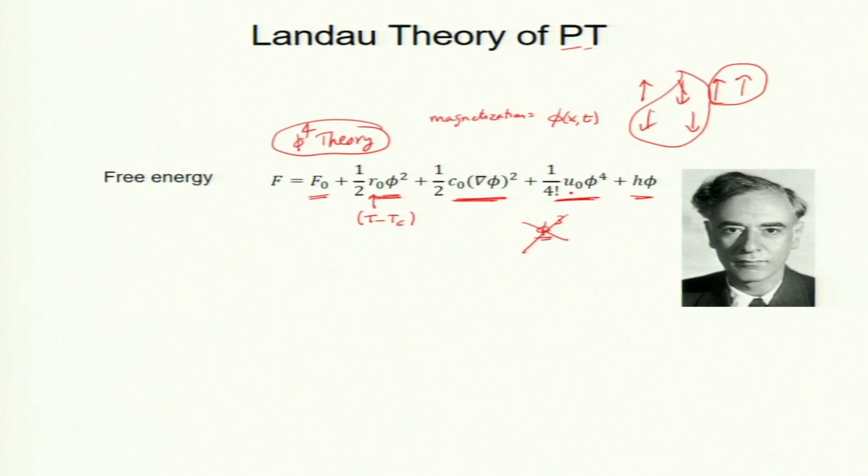There could be a term like phi^6, and we do not keep phi^6 for a second order transition. A first order transition requires a phi^6 term. Okay. But I think we will not get into it, because that discussion itself is reasonably complicated. If you are interested, you can look at it. If you put a phi^6 term, then you get hysteresis and first order transition. Okay. But we are doing second order, for which phi^4 is sufficient.